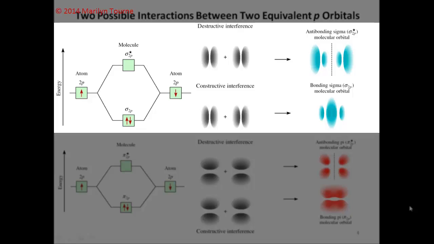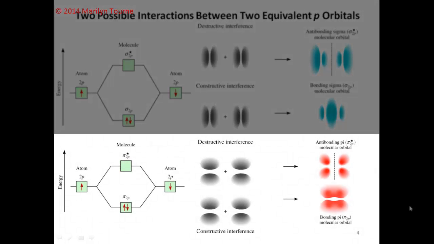You can also have a sigma antibond in the 2p orbital, and if that's the case, then your electron density is going to be actually 0 between the nuclei because it's going to be very unstable. Alternatively, you can have the 2p orbitals overlapping sideways to generate a bonding and an anti-bonding pi molecular orbital, and that's what I'm showing you in the bottom. Again, they can have a destructive or a constructive interference. A pi molecular orbital, remember, the electron density is concentrated above and below a line that's joining the two nuclei